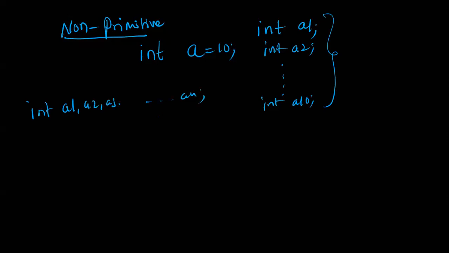If you create 10 integer variables, it is very difficult to access each of them later, and difficult to declare. If we have 100, then we need to create 100 variables. If you want to store 1000 names, then you need to create 1000 variables. So this is a wrong procedure.